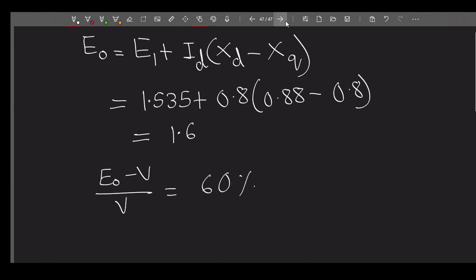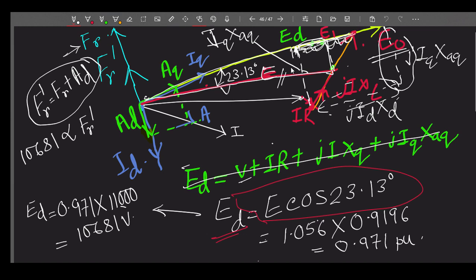Or alternatively, what can be done? Like here, during your operation, what your machine is getting, that is V, and ED is proportional to your FR dash. So